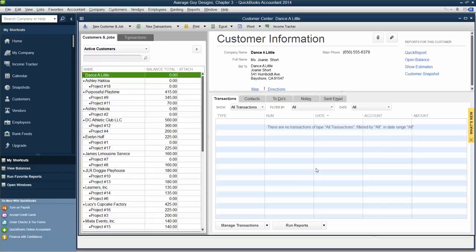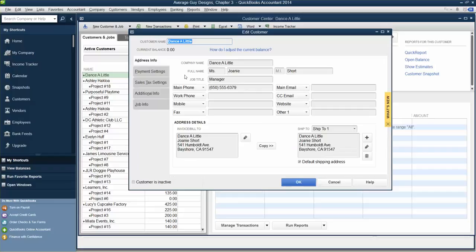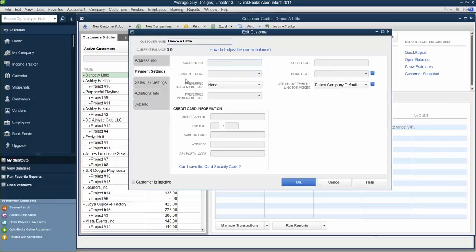and then the next thing we're going to do is click the Payment Settings tab. So where is the Payment Settings tab? Let's go back again. Click down a little. Okay, so we are on Address Info tab. We're going to go to Payment Settings tab. This is the account number GD-54. We are going to put payment terms net 15, which means we want the customer to pay us in 15